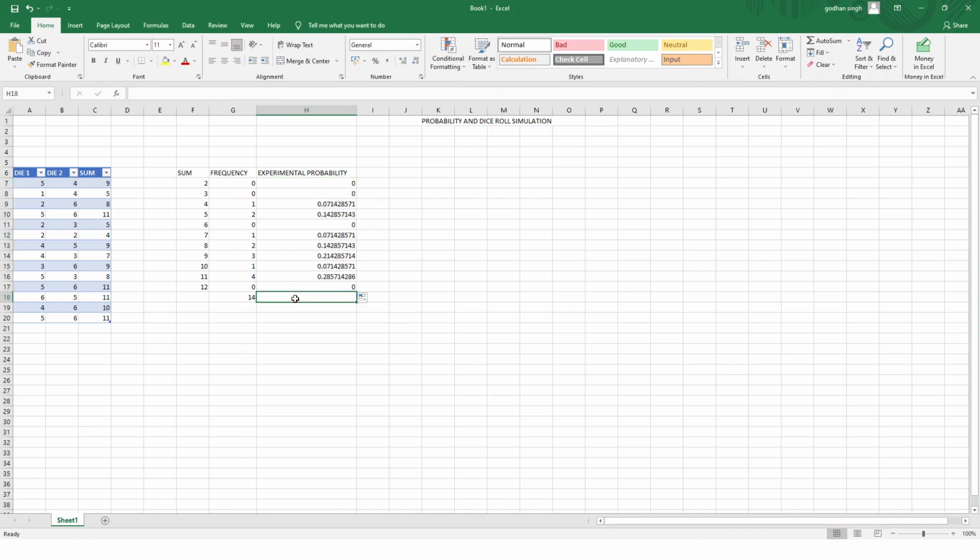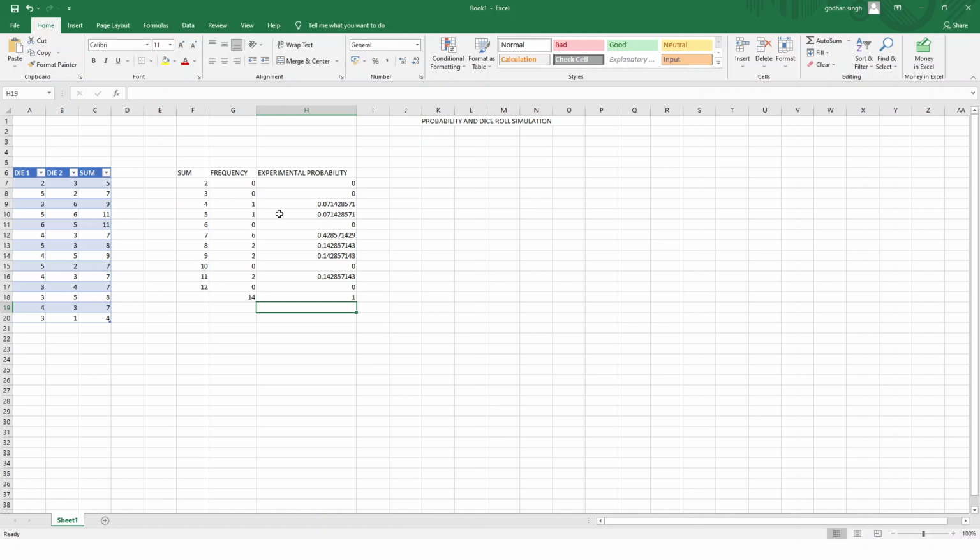So equal to we'll write, and then SUM. If the total sum is 1, it will be correct, and we'll add all the numbers from the first to the last, and close the bracket and press enter. What we are getting is 1. So that means this is correct.